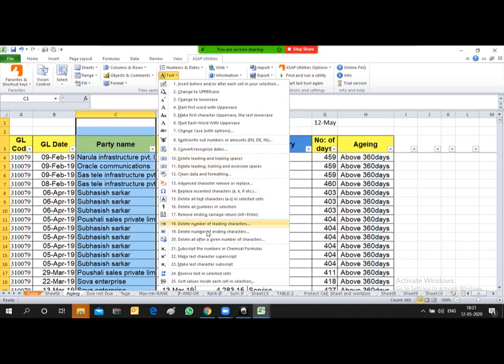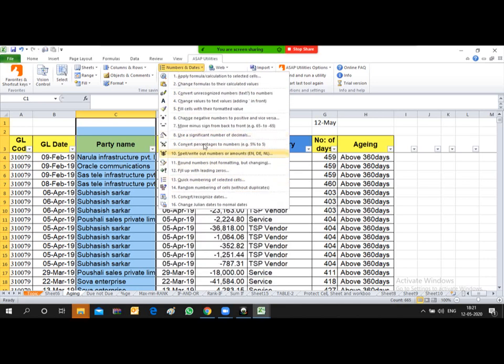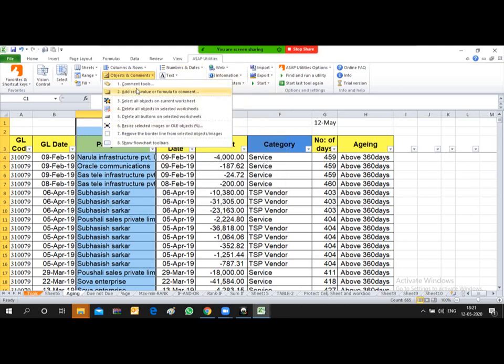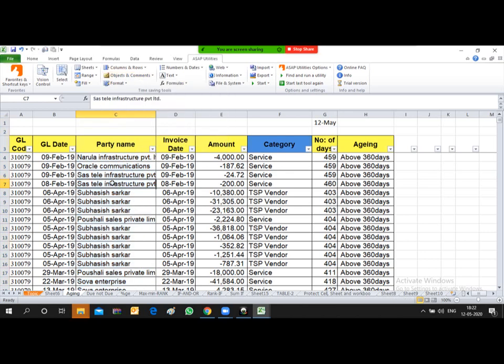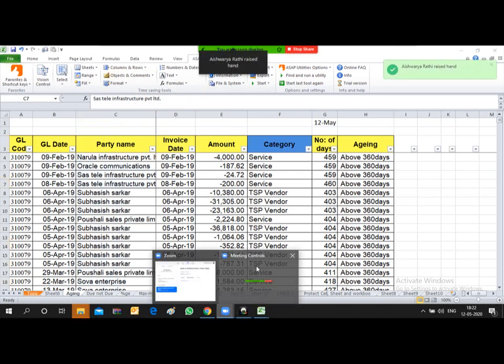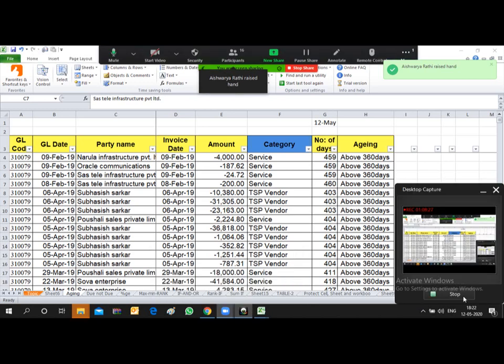So friends, similarly there are so many options available. Under each and every option you can do some R&D at your home or at your workplace. If you find anything amazing, we can discuss the same tomorrow. So friends, let's have the conclusion of today's session. If you have any query,